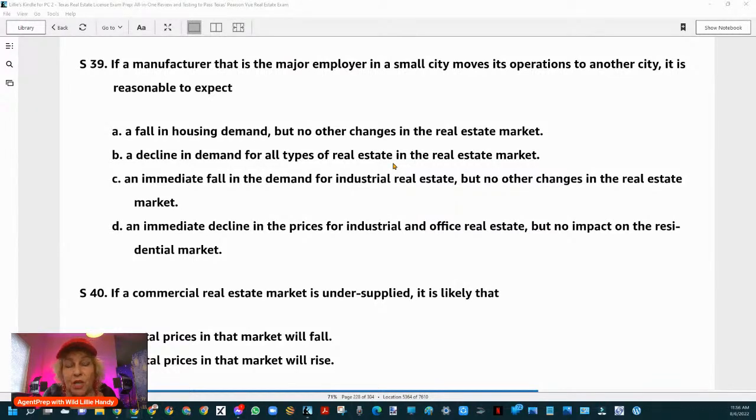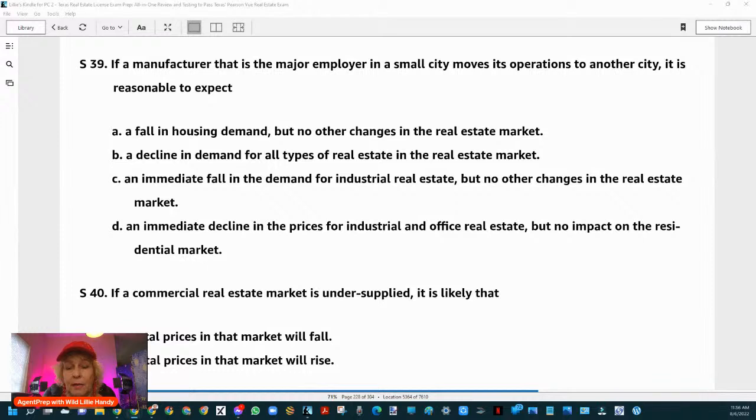Because the people don't have jobs, and that major employer is no longer in that little city. When there's a major employer in a town, people will come and buy real estate there, or it might be a little bedroom town, and they live somewhere else and they drive there. But it will create a decline in demand for all types of real estate in the real estate market